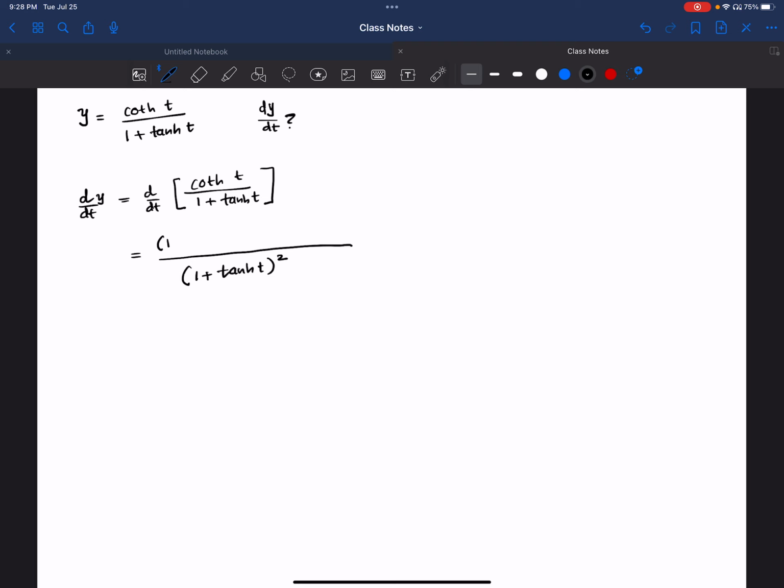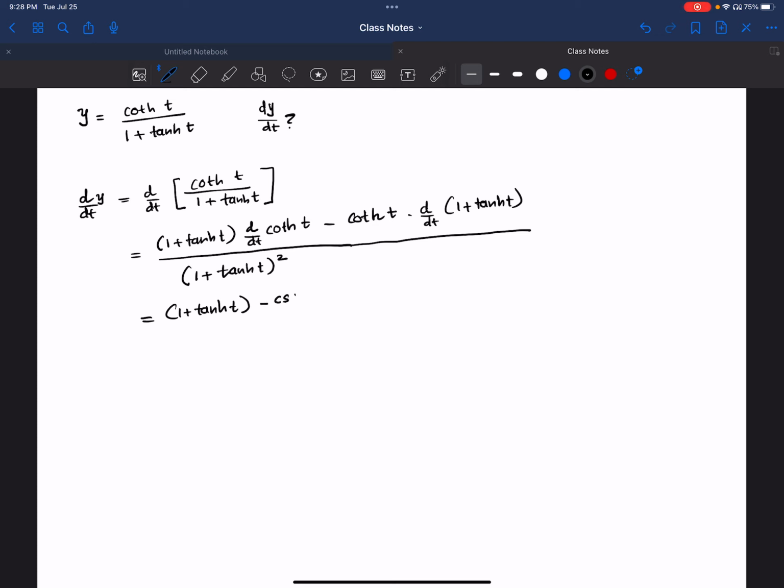You first put 1 plus tanh t, then find the derivative of the numerator. Then you put hyperbolic cotangent t times d over dt of 1 plus tanh t. So this is 1 plus tanh t times d over dt hyperbolic cotangent t is equal to